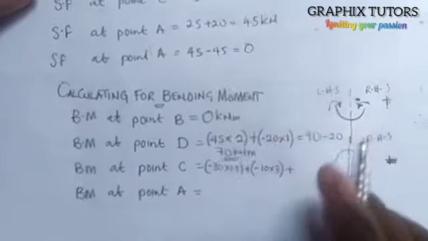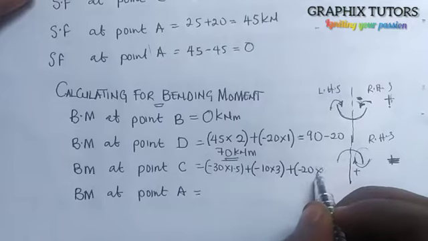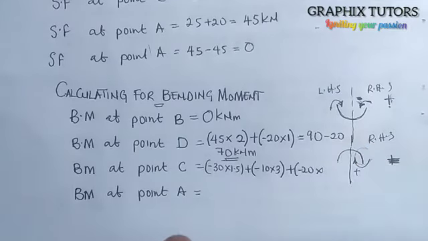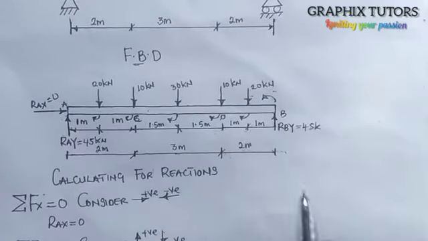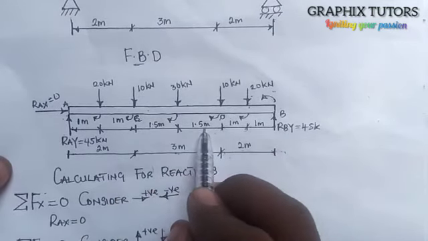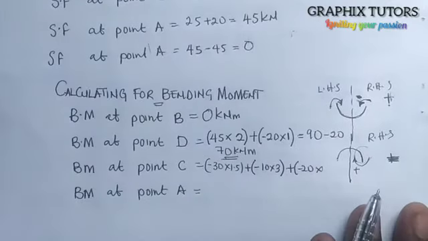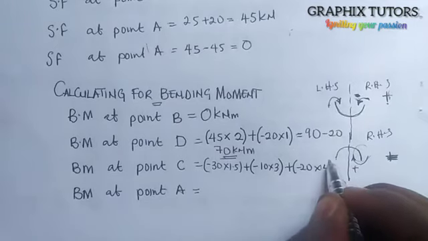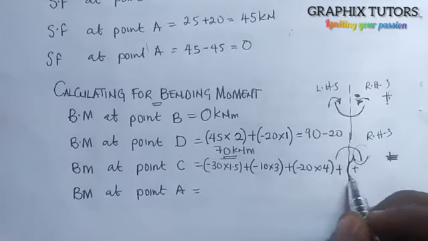Plus, this is minus 20 multiplied by the distance between the first 20, which is this, and point C, which is this. So 1.5, that is 3, plus 1, that is 4. So it is 4 meters. So distance from there to there is 4 meters, right? Then plus,